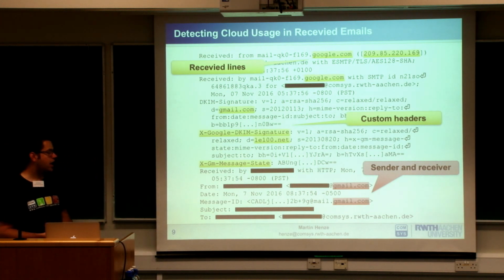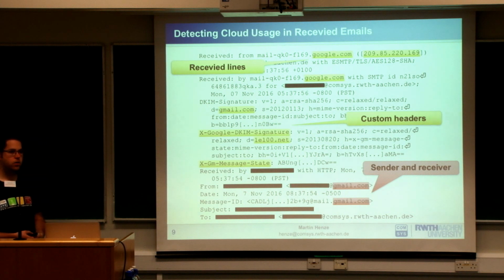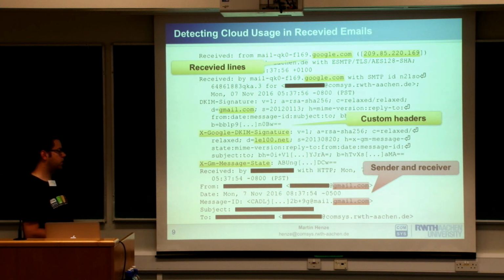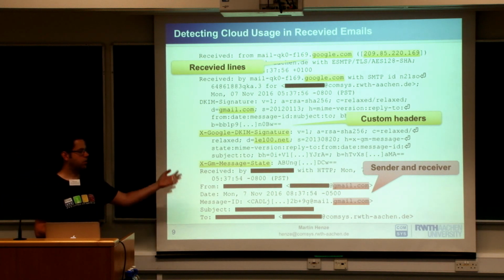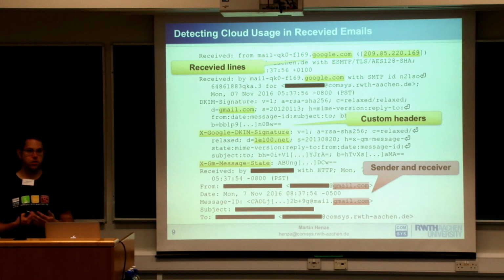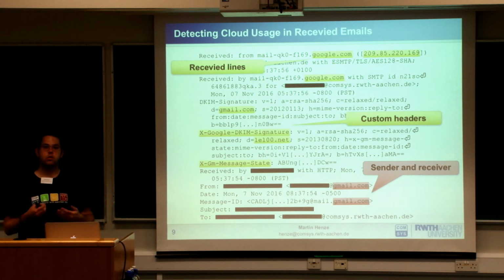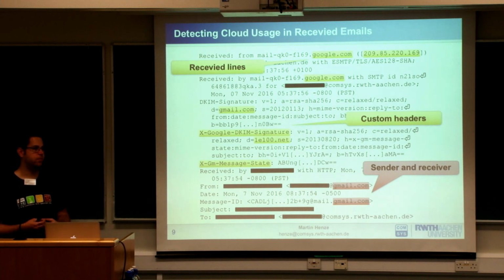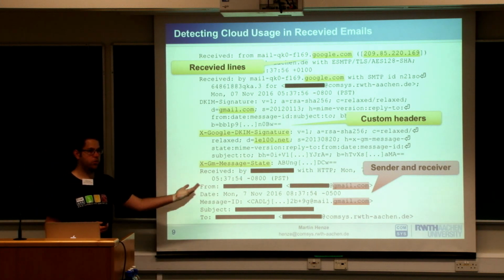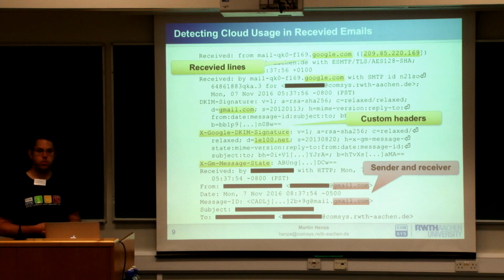This information can be faked. So in our work, we only use that to figure out if the usage of cloud infrastructure is visible to the user. Here, if you see that an email is coming from a gmail.com address, probably you wouldn't be surprised if I tell you it has been going over cloud infrastructure. But if it were something else, then you probably couldn't tell, at least without looking at the headers manually.